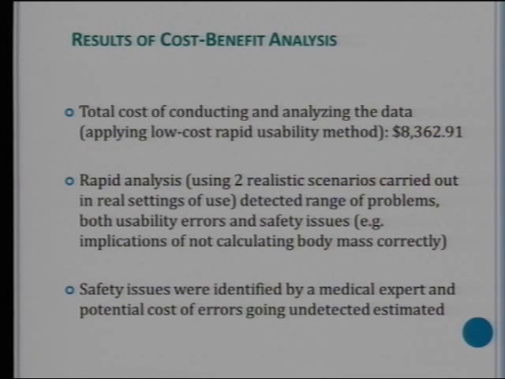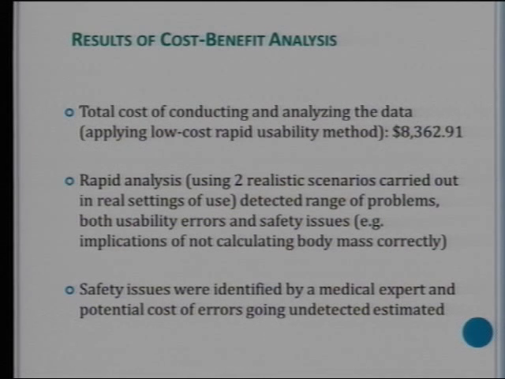But if you take that out, the benefits go up. Rapid analysis, only looking at 2 scenarios. We could have looked at 20 and increased the cost-benefit. Detected a range of problems, both usability and safety issues. And I mentioned this came up in more than one system we looked at, unfortunately, that they found that it was going to be released, and this testing wouldn't have normally been done, but the body mass index calculator didn't